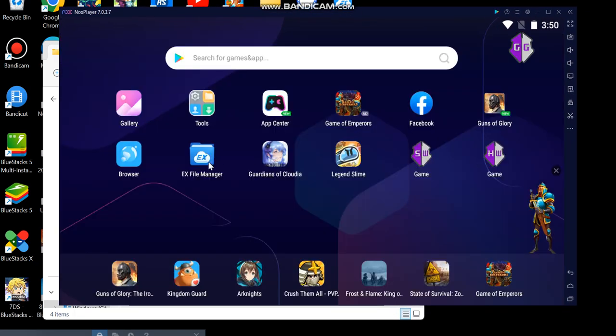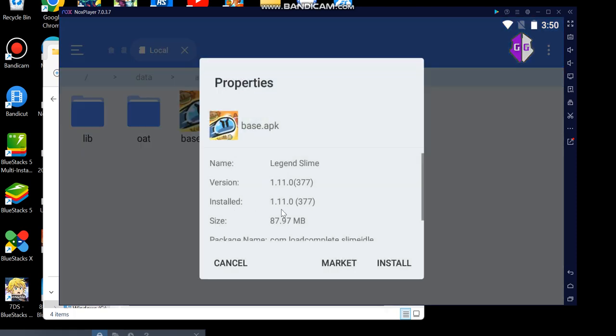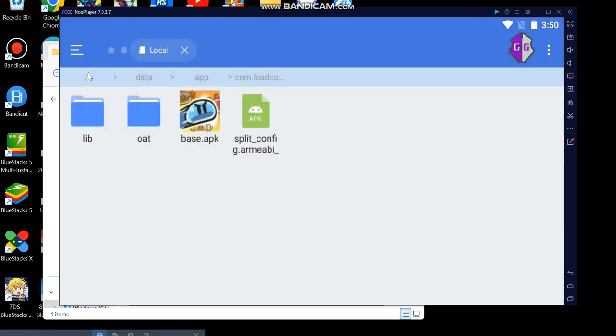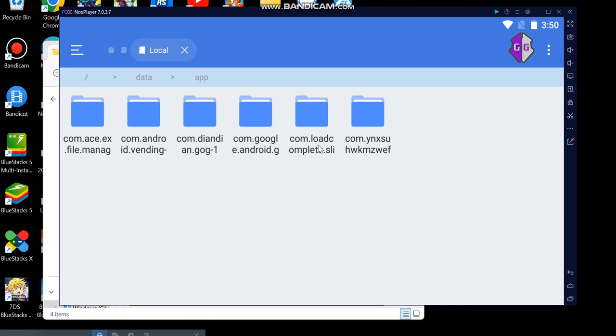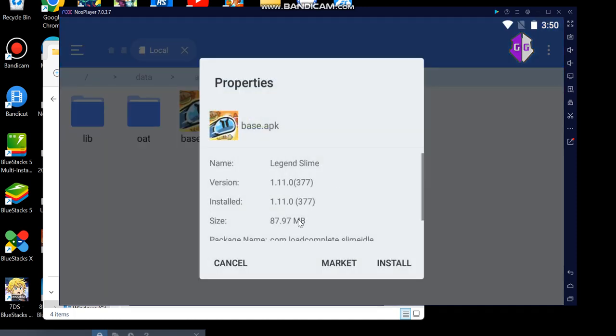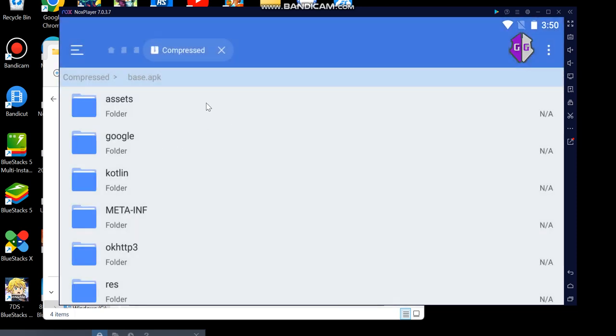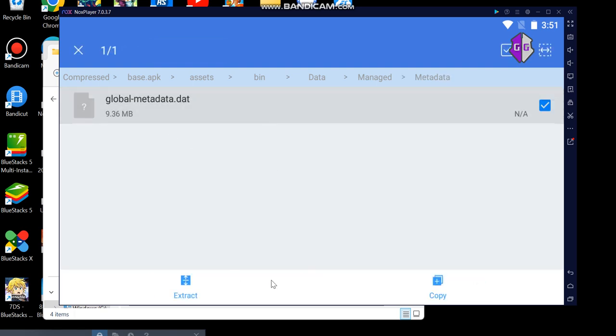So you can see that this game is protected if we go to the folder data app, and then the folder with the game or package name, and then we go to base APK. I can just do it from the beginning. So data app, this is the package name, and then we go to base APK because we're going to review the metadata really quick. Managed data. If we copy it,